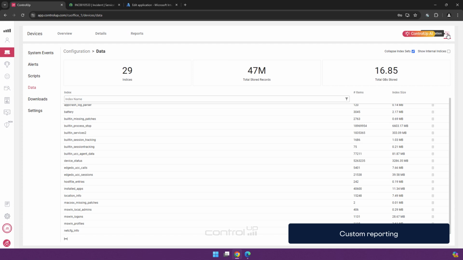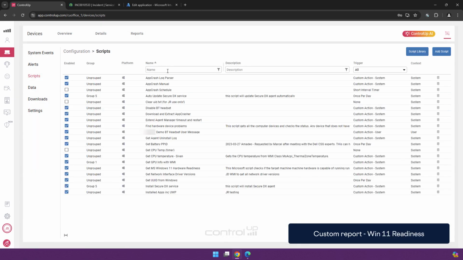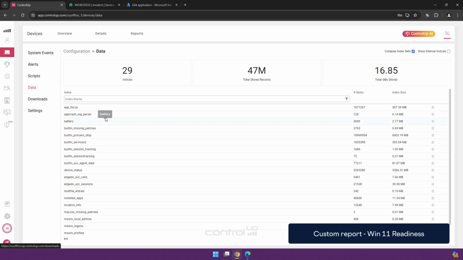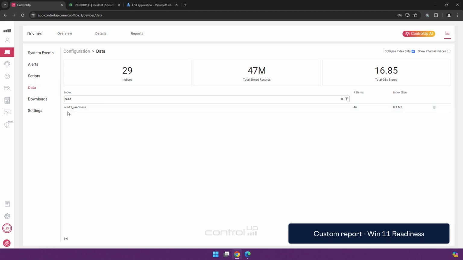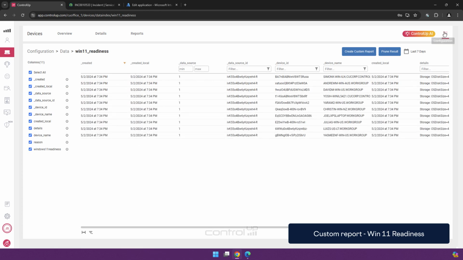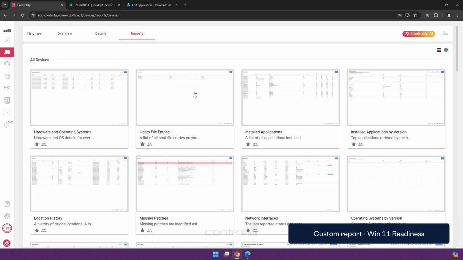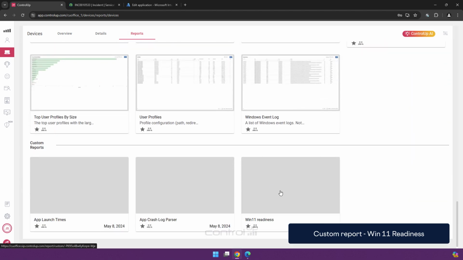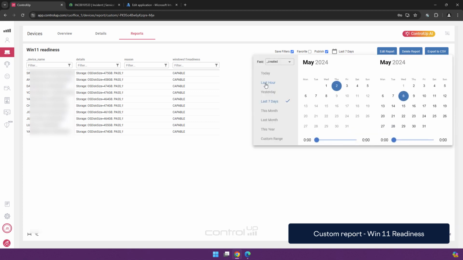A good example is we have a script that gets the Microsoft Windows 11 readiness. The information will be fed into an index. And from that index, we've already created a custom report, which we'll find at the end of the page. In this case, the Windows 11 readiness report.